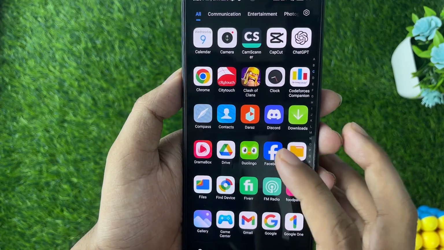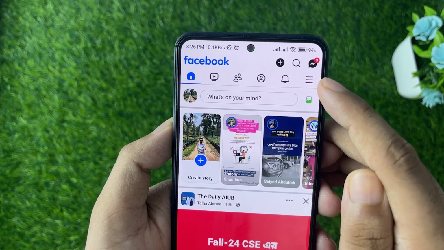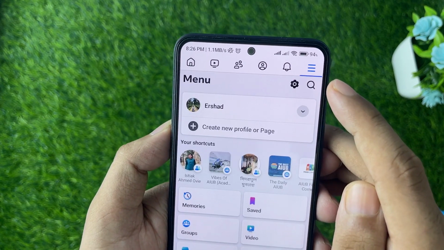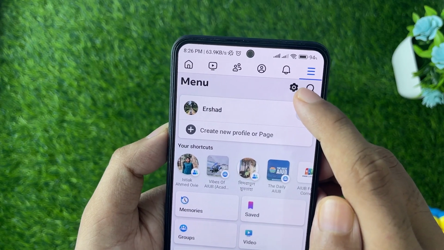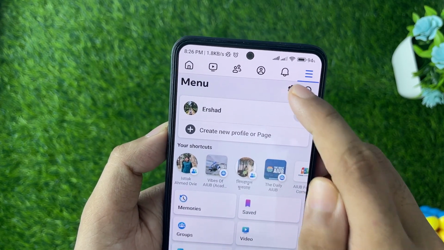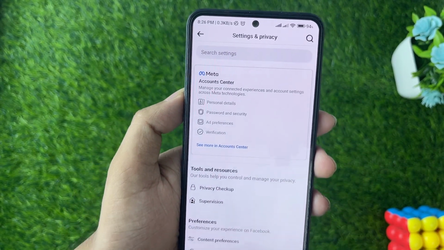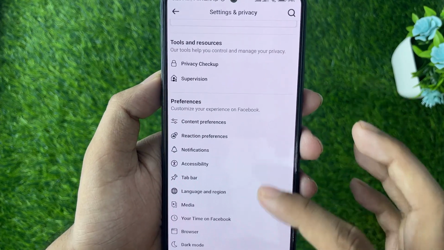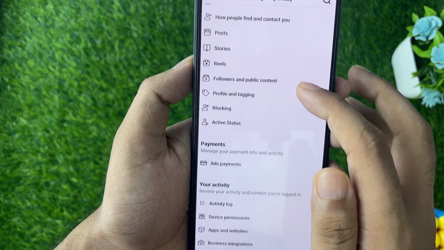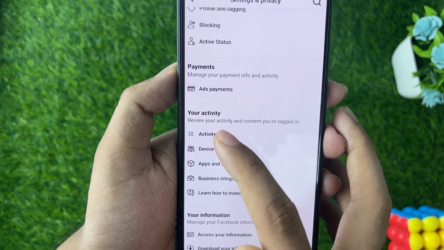First of all, you need to open up Facebook. Then from here you need to tap on the three dots on the upper right side. Then tap on the settings gear icon to go to the settings. Then from here, scroll down until you find the activity option. Here you see your activity, so tap on activity log,